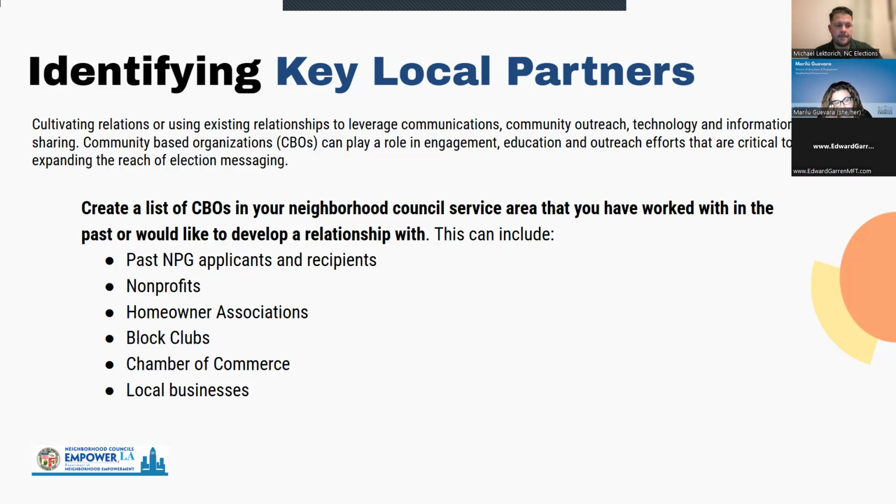The key goal is that through this list, you can start creating a newsletter list, perhaps start following them on social media or invite them to follow your neighborhood council social media site. You can email them about your upcoming election, share with them deadlines, candidate filing dates, and vote by mail dates. You can invite them to be an outreach partner with you, share with them upcoming events, essentially create some awareness and increase the impact,